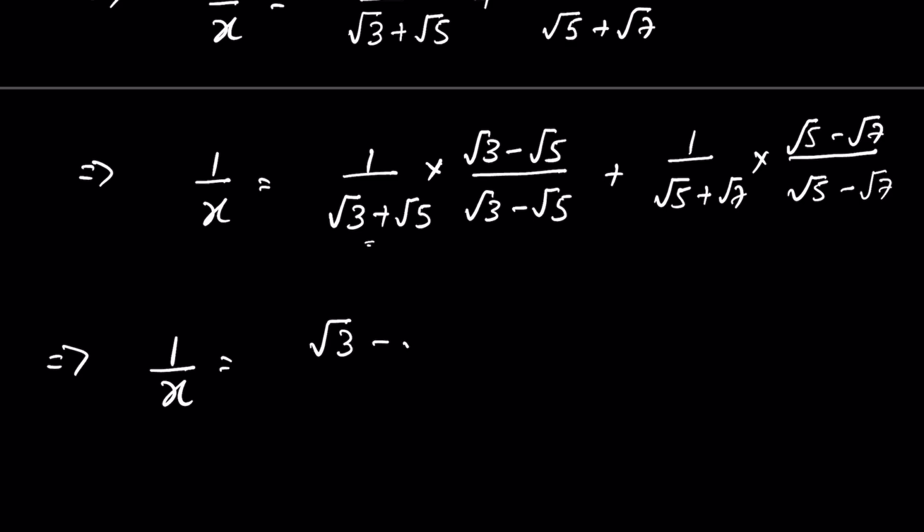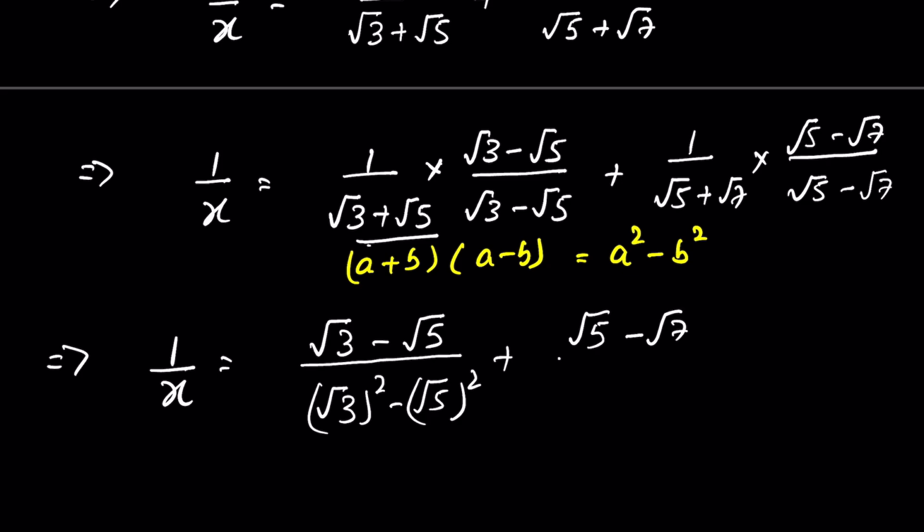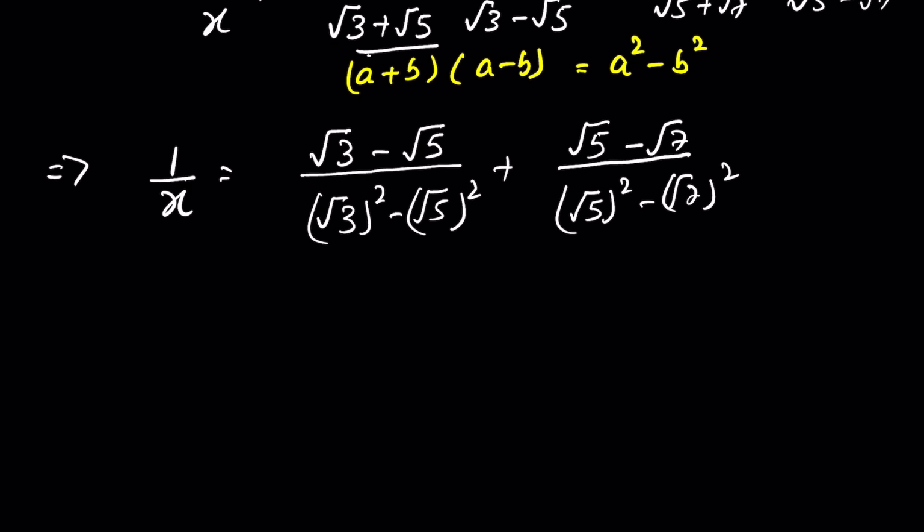square root of 3 minus square root of 5 upon, this is in the form of a plus b times a minus b. So, difference of squares, we can write a square minus b square. So it will be square root of 3 square minus square root of 5 square, plus square root of 5 minus square root of 7 upon, here also difference of squares. So square root of 5 square minus square root of 7 square, or 1 upon x is equal to